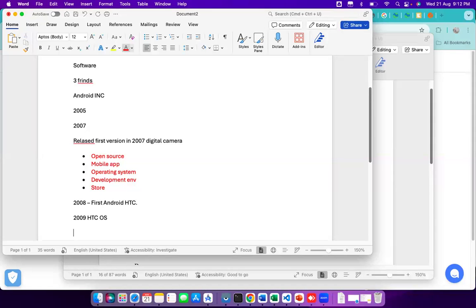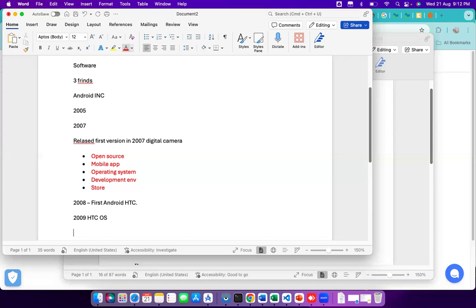Even after this release as an operating system, people did not show any interest, again for the same reason: it was a startup, and they did not have any apps to install, nowhere to download and install apps. So those were not available, and that's why no one used it.